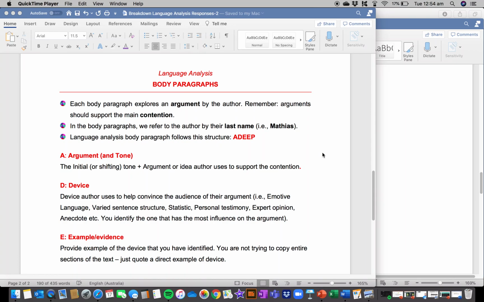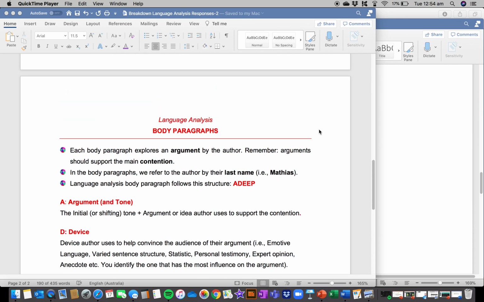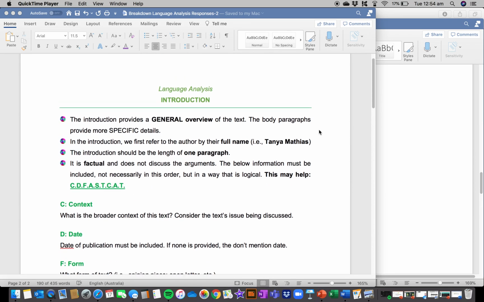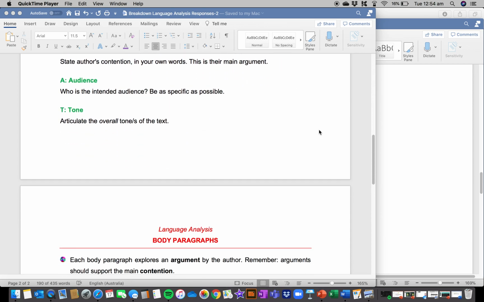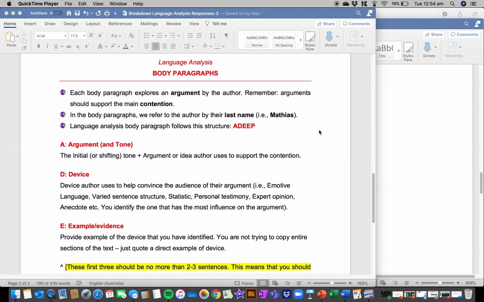Now we're going to talk about how to write a body paragraph for your language analysis. This is from the same document that we've worked on from the introduction. For a body paragraph, a couple of things to take note. Each body paragraph explores one argument by the author. Remember that each of these arguments should support the main contention, okay? And for your language response, we will be looking for 3 body paragraphs, so that will be 3 supporting arguments